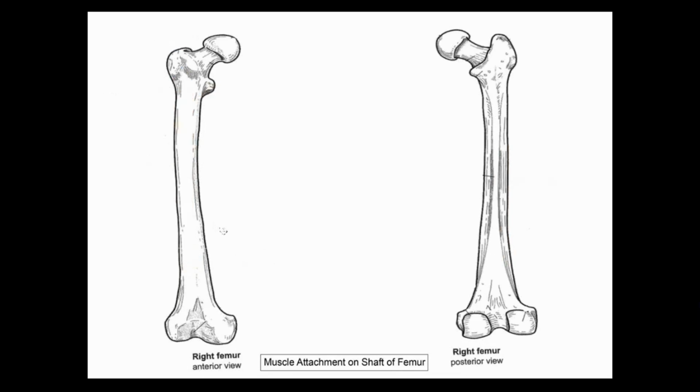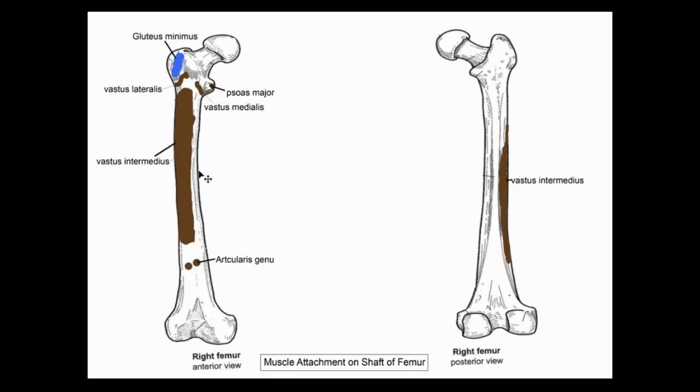Now, the anterior surface, which is present between the medial and the lateral border: the upper three-quarters of the anterior surface, and a part of the lateral surface, give origin to a muscle known as vastus intermedius. The lower one-quarter of the anterior surface gives origin to a few fibers of articularis genu.